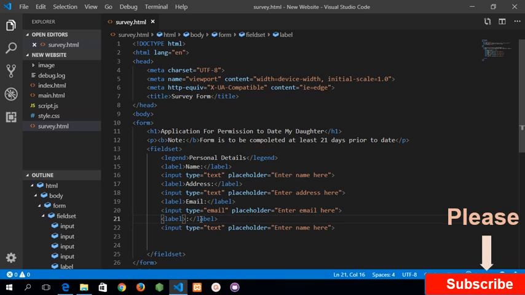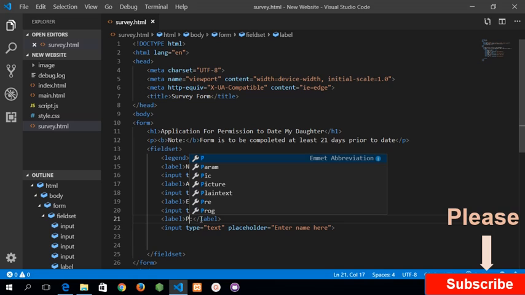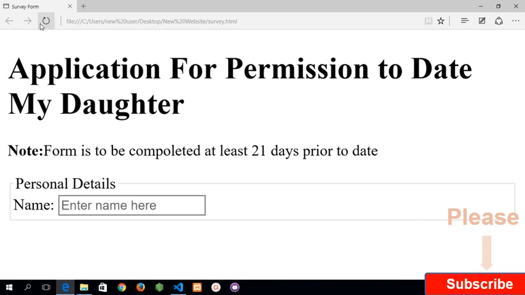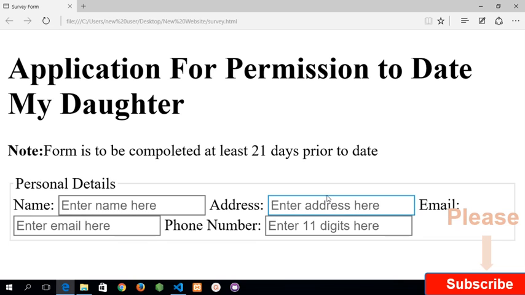So what do I want? Phone number, shift phone number. So what type do I want? I want digit. I want numbers here. So I just put here numbers. So I would say enter 11 digits here. Enter 11 digits here. If I just go to my browser and refresh, as you can see, address, email, phone